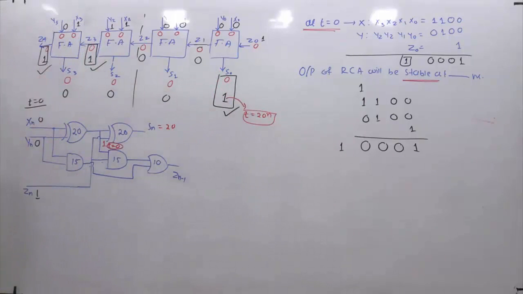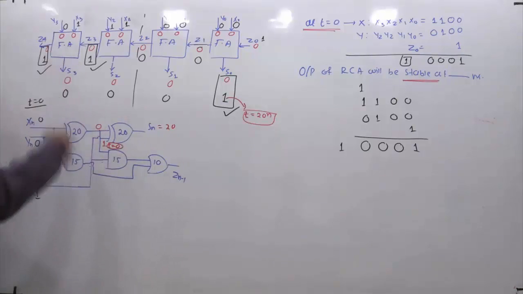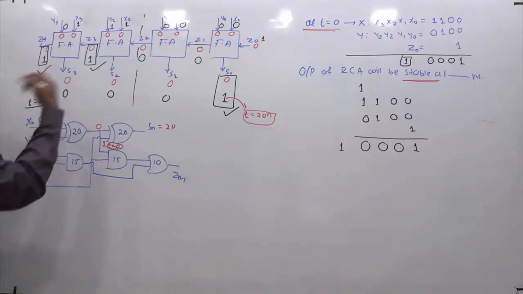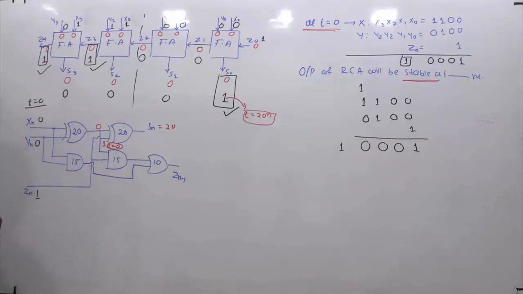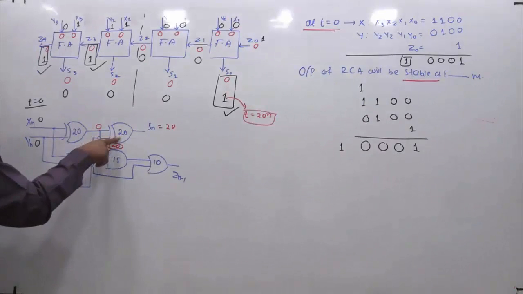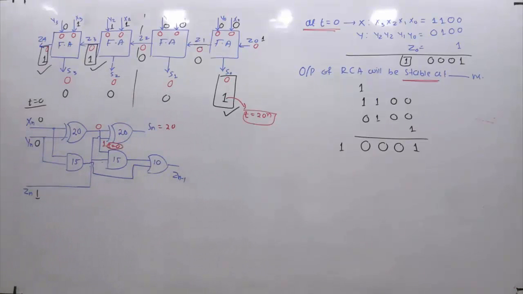Now some of you may have a doubt, sir, what about these inputs? This input is in no way going to play any role in my analysis, because 0 XOR 0 is by default 0 and this 0 is already there in the previous state. Initially, when all are reset, it is also 0. So the corresponding stable state was 0, which is the input to this XOR gate. So the inputs to this XOR gate are available at t equal to 0, its own delay is 20, so 0 plus 20, at 20 nanoseconds you will get it. As simple as that. Are you getting it or not?